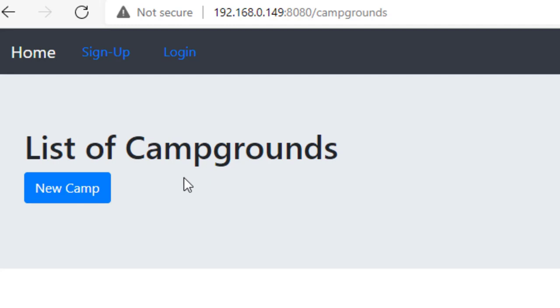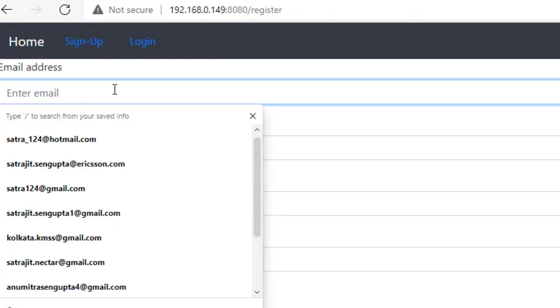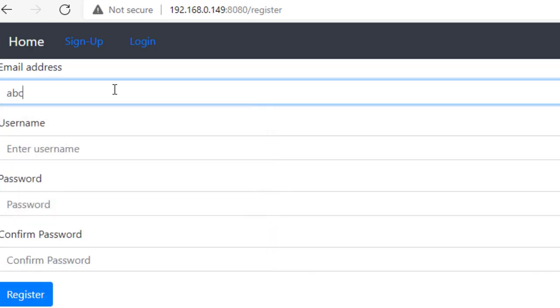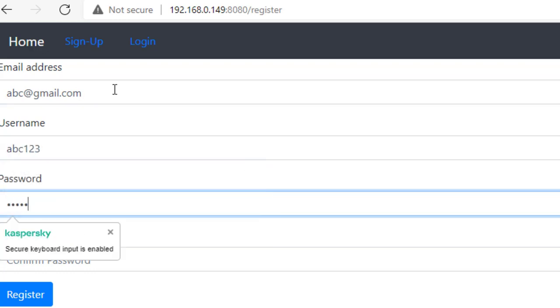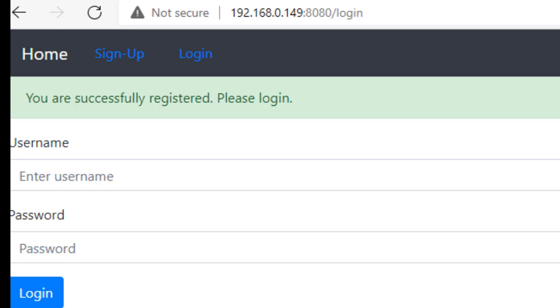Here we don't have that. This is a completely different application which is exposed to the host through a different port. So we can start and add an entry, and here we can see that our application is working as designed.